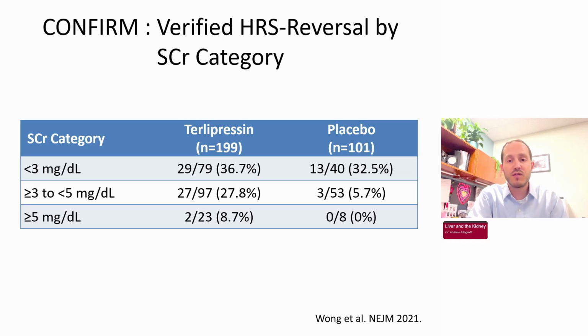And the earlier you use it, and this is actually true of any vasoconstrictor or of any therapy, the more likely it is to be effective, which is why we tend to not want to delay by using midodrine and octreotide for a few days, watching the patient get worse, and then trying the therapy. In fact, once you get to a creatinine of above 5, it's really poorly effective. In fact, there's a label to consider not using it because it's unlikely to be effective in that group.